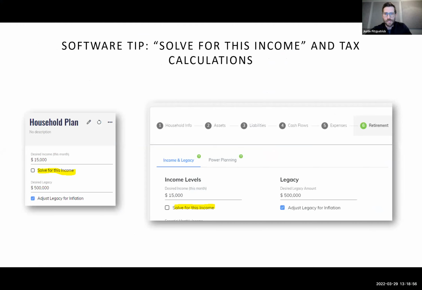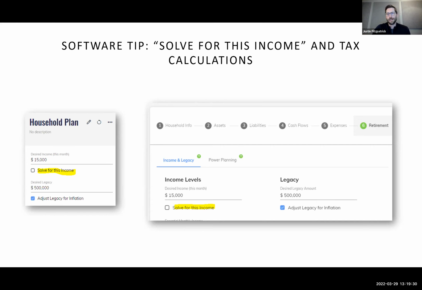Okay, so I want to turn to another kind of software tip here that sometimes comes up in talking about taxes. Income Lab allows you to do income calculations in 2 different ways. You can either ask, hey, how much can I afford? And that's by telling the system all about your financial situation, cash flows, investments, and so on, along with preferences for income risk. Basically,